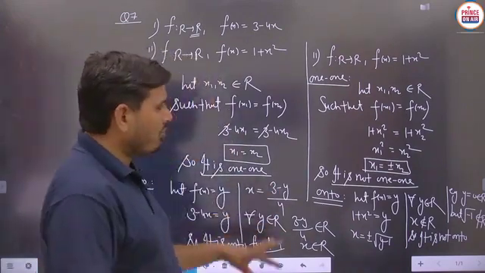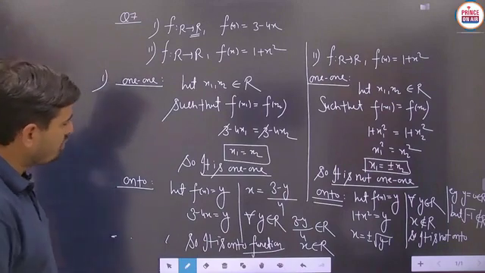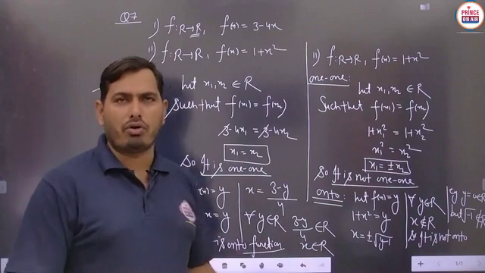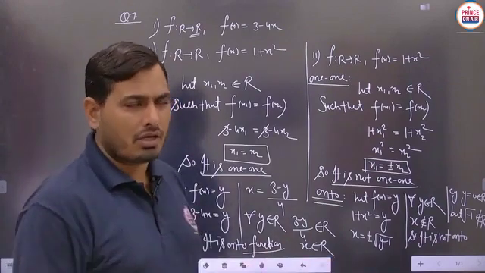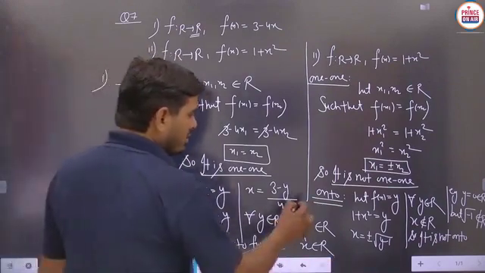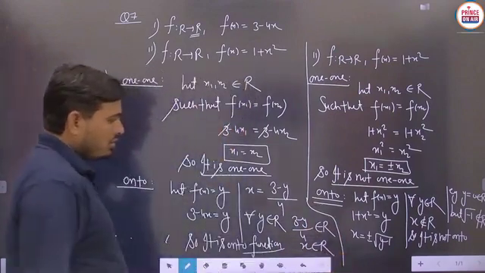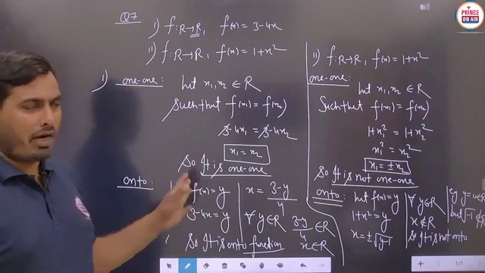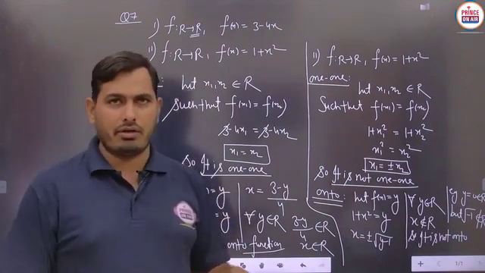So in this question number 7, student, again we are doing the same job, means we are checking whether the given function is 1 1 or not, onto or not, and there are two separate partitions to be given. So you can just see the answer here, and you have to pause the video to note down each and every part, and then after that we will take the next question. Is it clear?